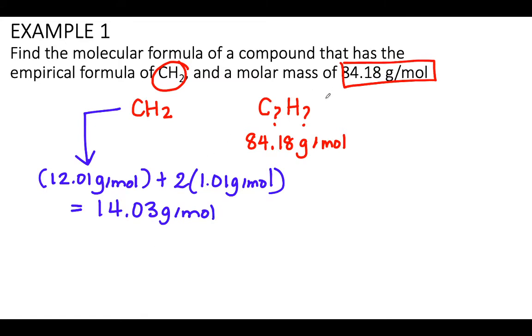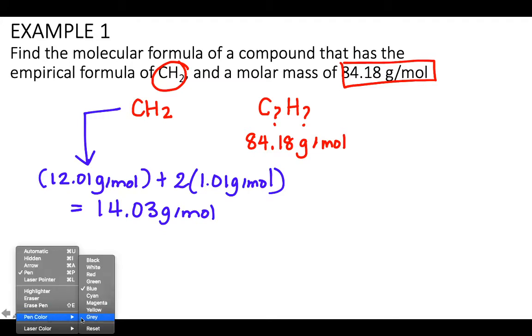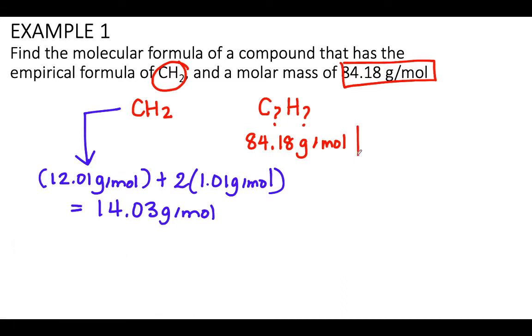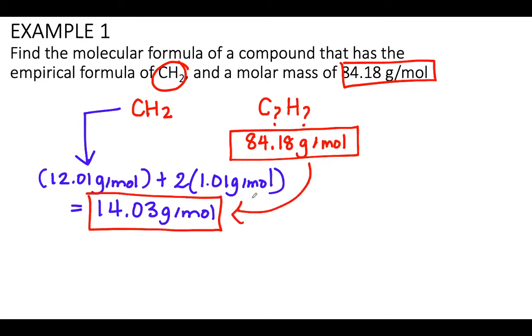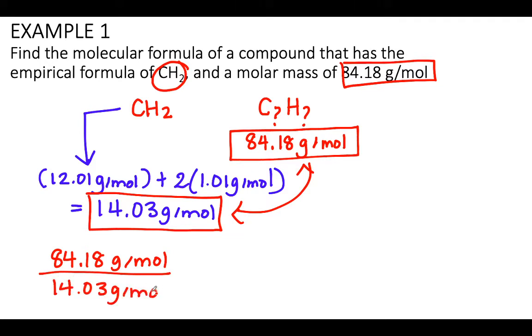And in order for me to find the molecular formula of this compound, all I would have to do is compare the molar mass of the molecular formula of this compound to the molar mass of the empirical formula of the compound. So I'm going to compare these two values. The way that I would compare is to divide them. So I'm going to divide 84.18 grams per mole divided by 14.03 grams per mole. And if I put this into a calculator and divide these two numbers, I get the